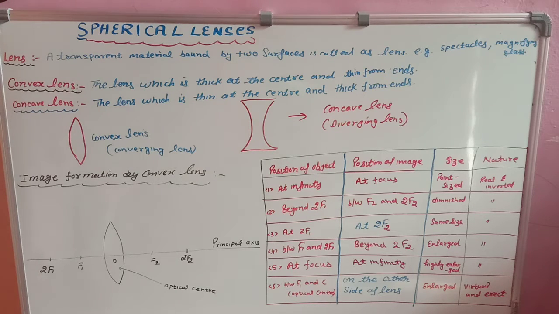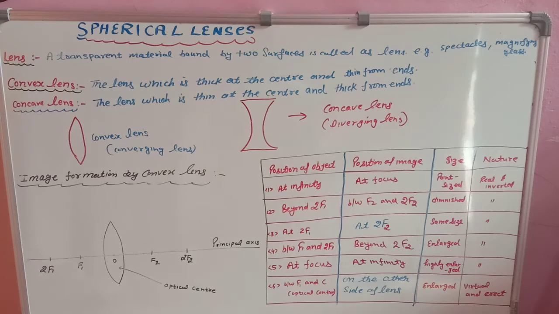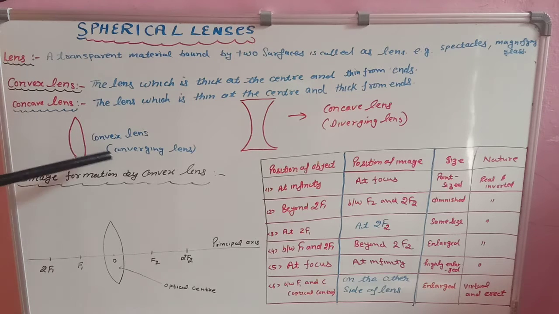For converging and diverging lenses and mirrors, I hope this concept is clear to you, what a converging lens and a diverging lens or mirror is, because in my first lecture I explained the meaning of the terms convergence and divergence. If this concept is not clear to you, please go back to my videos and try to understand it. So students, this is a convex lens and it is converging.